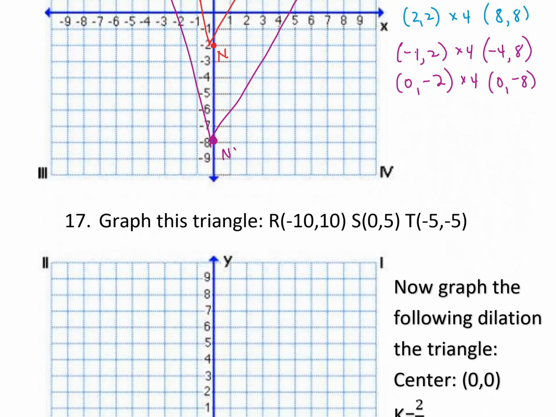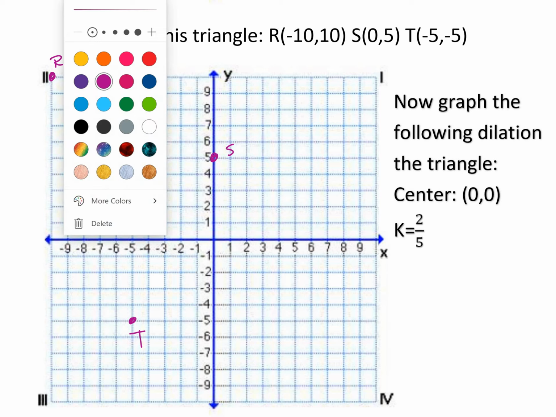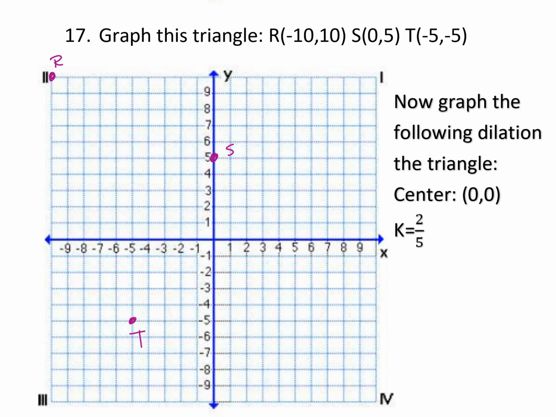And we are on the last one. All right. Another one with the center at the origin: a point at -10, 10, a point at 0, 5, and a point at -5, -5. And I should have labeled them. This is R, S, and T. And now we have a scale factor of 2/5, so this is going to be getting smaller. I'm going to have the point -10, 10